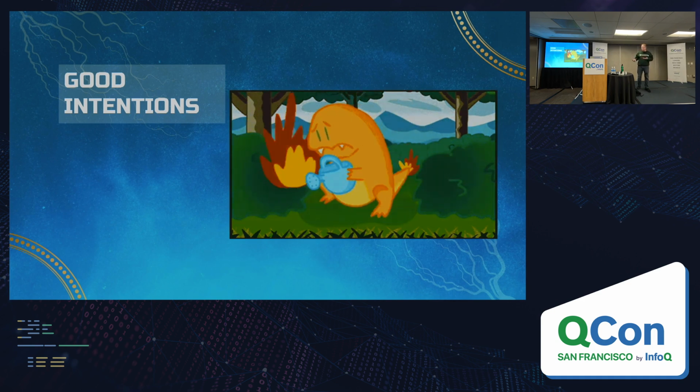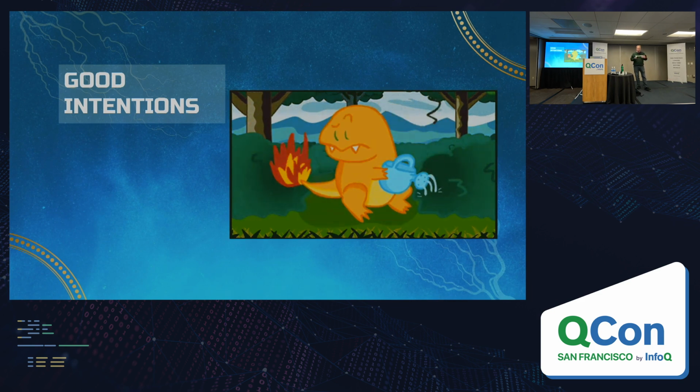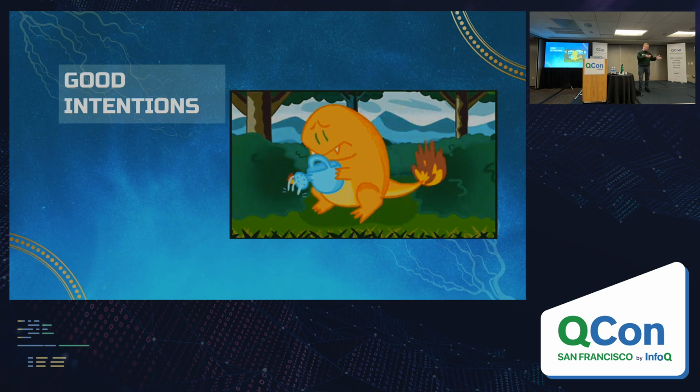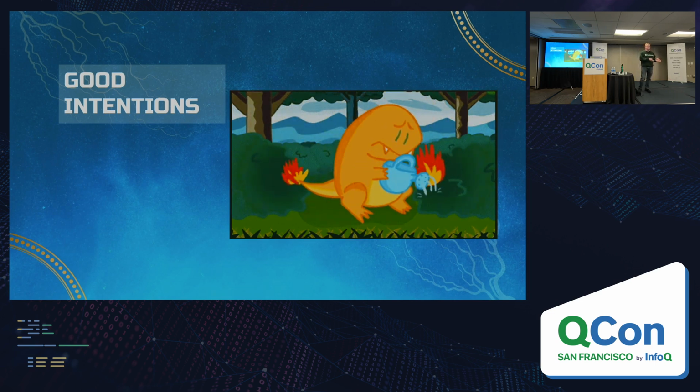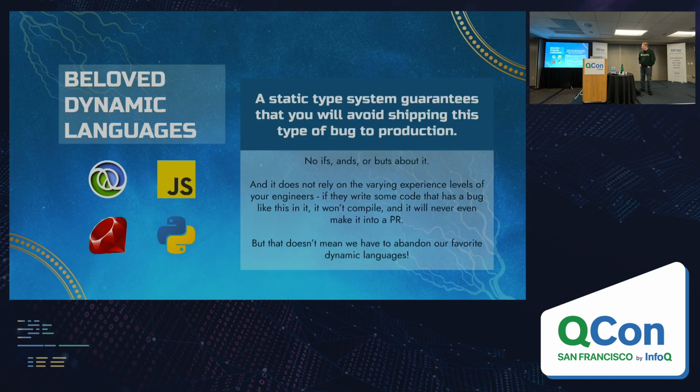And so that's going to be another key theme of this talk: a lot of these types of bugs that we're talking about come into play when you have something in your code base that relies on the good intentions of your engineers to stick to the best pattern. So we've got these beloved dynamic languages like Clojure, JavaScript, Ruby, Python. My claim is that if you opt into the static type systems in these languages, you completely avoid shipping that class of bug to production, no ifs, ands, or buts about it. That particular bug that we started with on the sacred timeline and the alligator timeline, it just goes away.